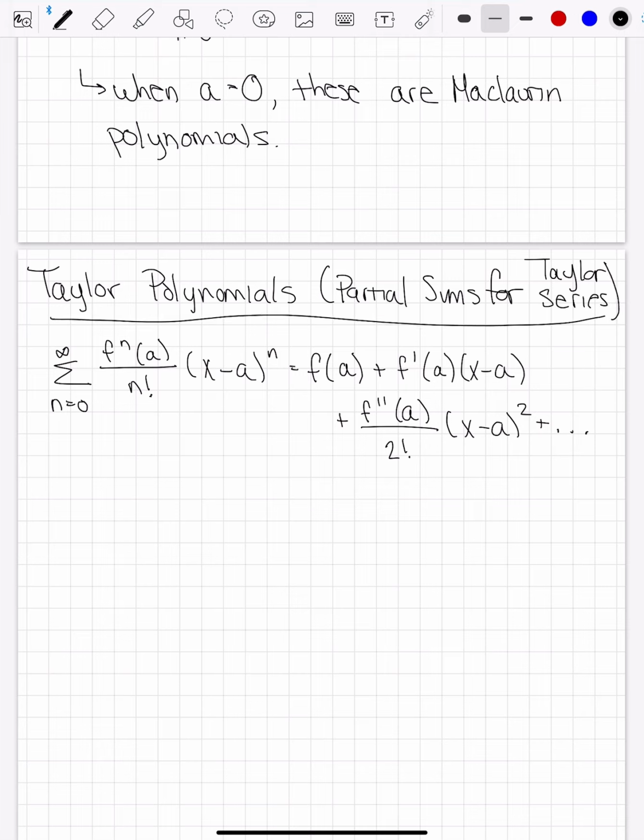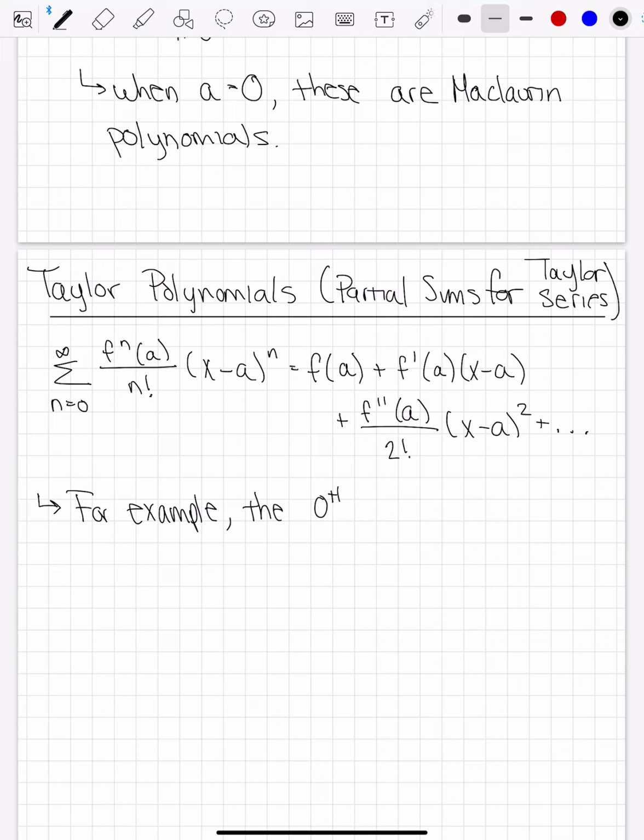All right, so for example, the 0th, first, second, and third partial sums of the Taylor series are